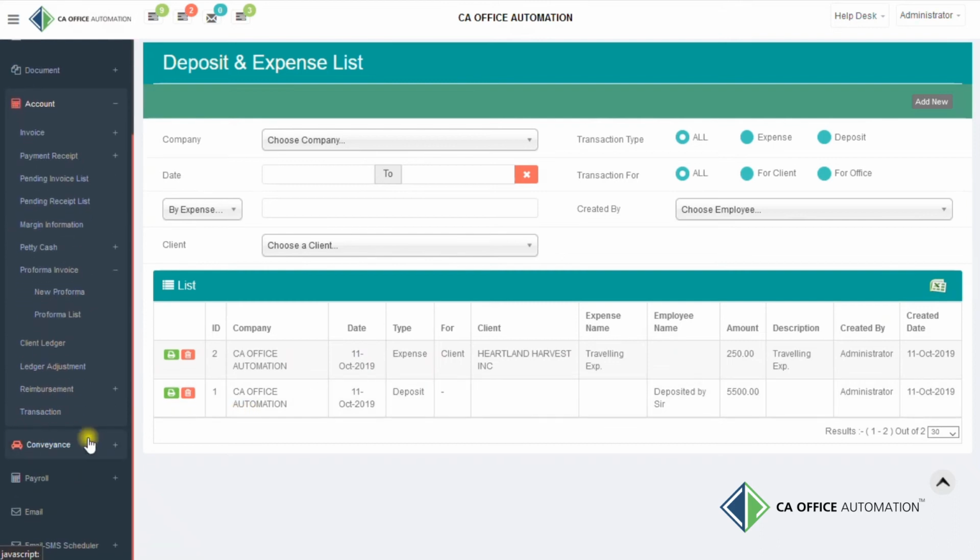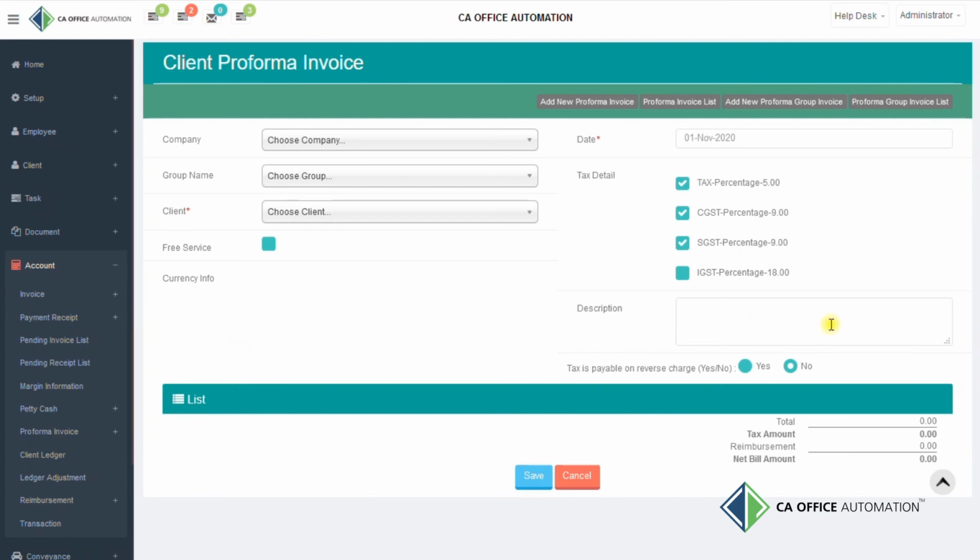Next is Proforma Invoice. Proforma Invoice is a prior step of creating an invoice. This step is not mandatory. Later, you can convert any Proforma invoice to a tax invoice, or you can directly generate a tax invoice for any services. You can consider a Proforma invoice as a proposed charge amount document for a particular service for a particular client.